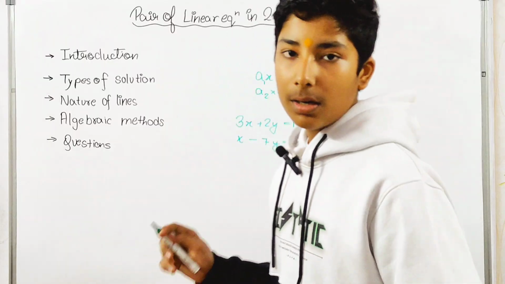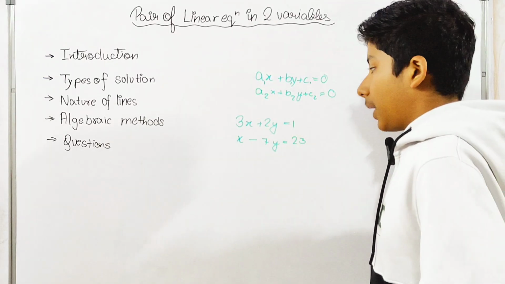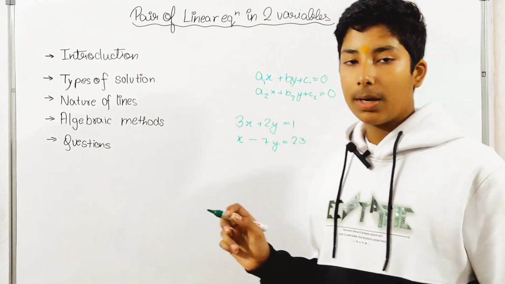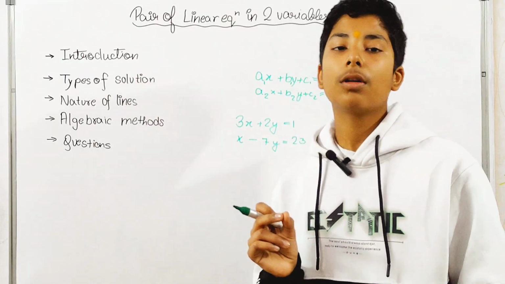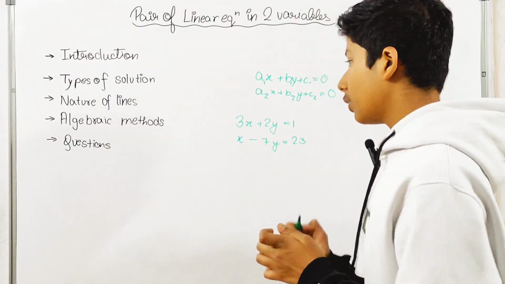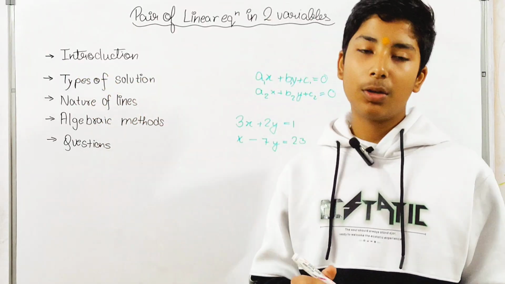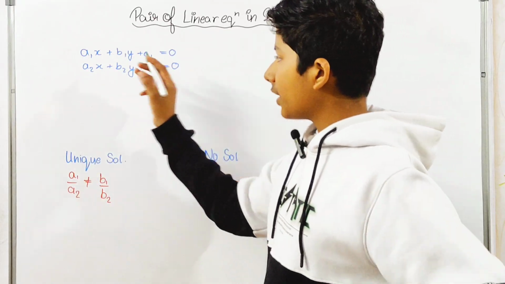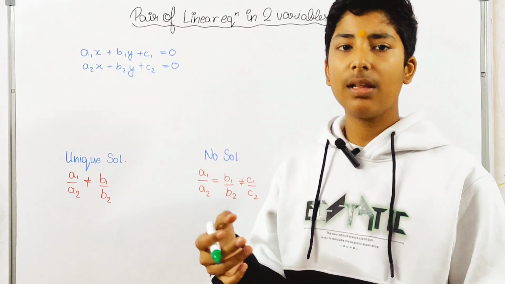You will have to put the values, then you have to make the lines. You have to firstly plot those points on graph and join them, and where the lines intersect, that will be the solution. It is likely a useless method, so you must not use it. So we will firstly understand the types of solution, which are very important. Now see, over here I have written these two equations, random equations, which are basically in standard form.